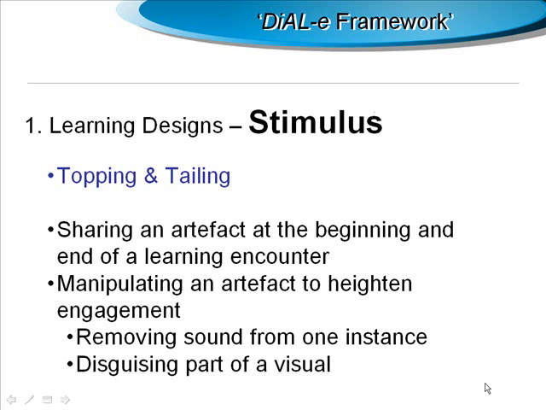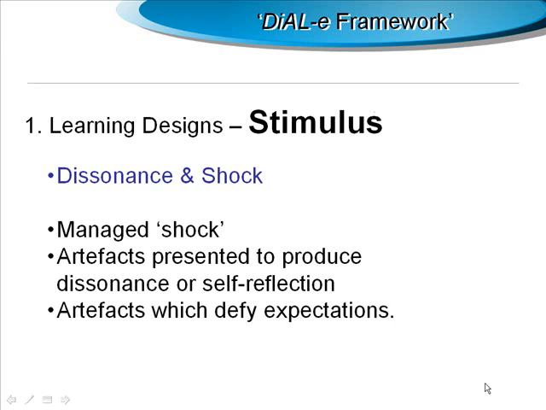So the idea that you can take some of the artifacts and manipulate them in ways which actually heightens the expectation of students is a way of heightening their engagement as well. The third one is an extension of that, which is to manage that expectation in terms of the dissonance and shock. Again, this depends a little bit on the nature of the group and the nature of the learning space. But where you might expect there to be some dissent within a group and you're confident that that is manageable,